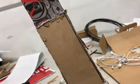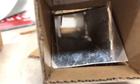Here it is all finished, and this does look kind of messy, but that's because we didn't really do anything too crazy, but as you can see,